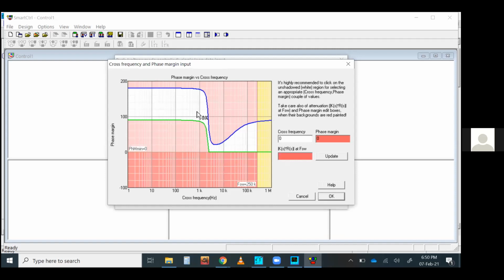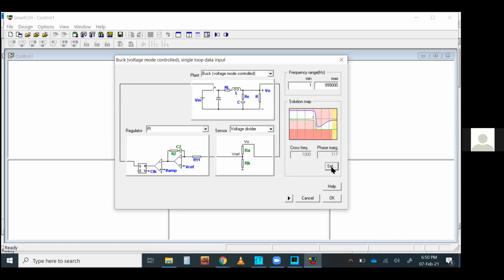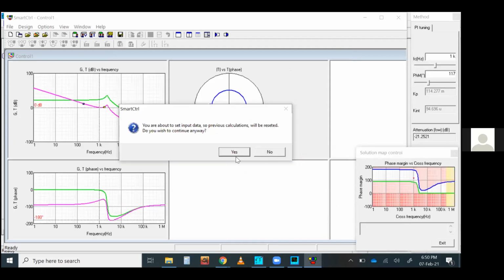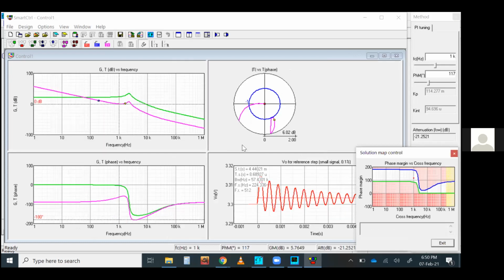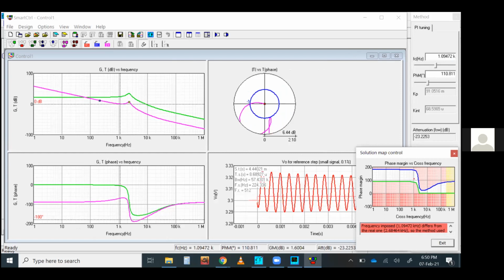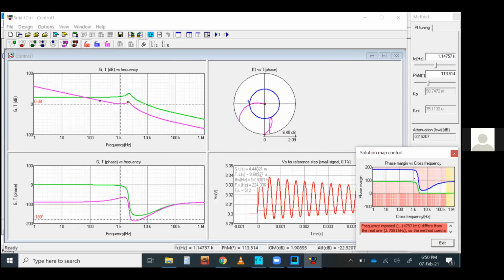Now this is the control system part. So those who are interested in designing control systems can do this. I guess this is called the Bode plot, from where you can define the stable operating point of any control system. Stability analysis, I would say. So this is the area from where you can change the point and see the response of this control system. This is called fine tuning of the controller.